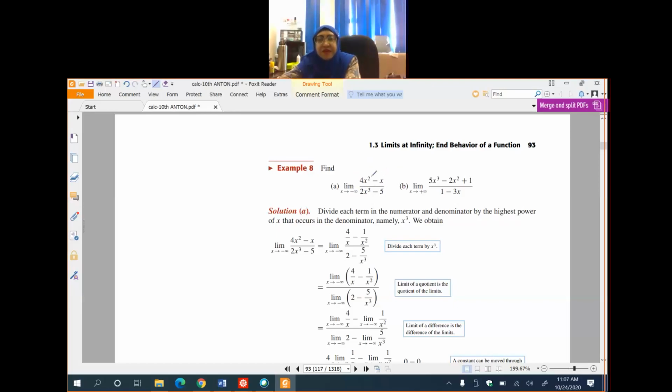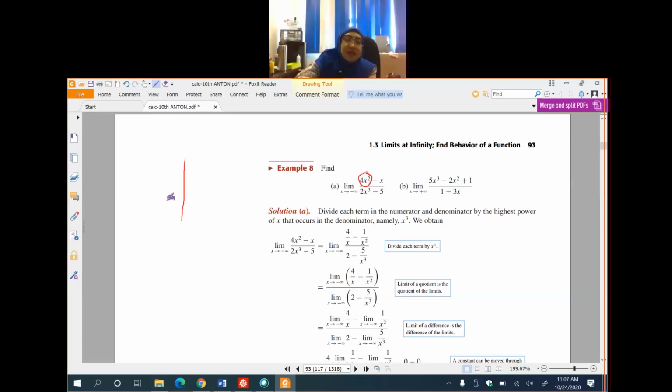For the upper parts, you just have to consider the highest order. You don't have to consider this negative x, because x squared is more dominant than x. So x squared,